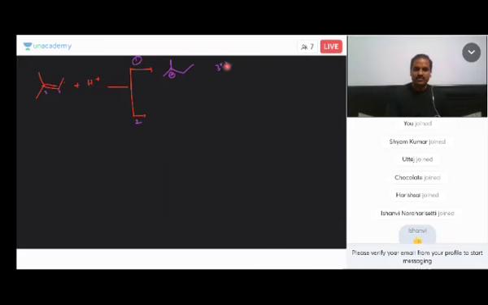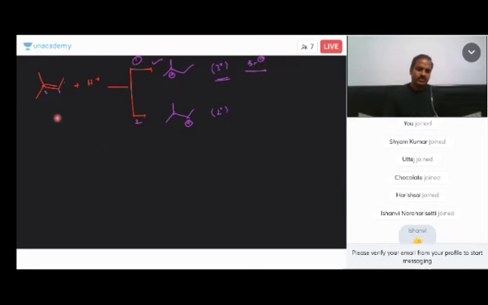This is a 3-degree carbocation. And if H plus attaches to the second position, the plus charge is here. It is a 2-degree carbocation. So therefore it is less favored as compared to this. Hope you understand. On this basis, this is the more stable carbocation, and from here the major product is obtained.